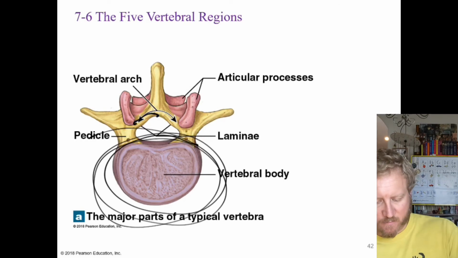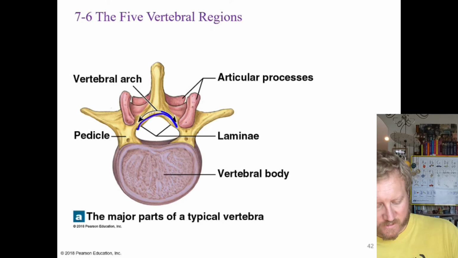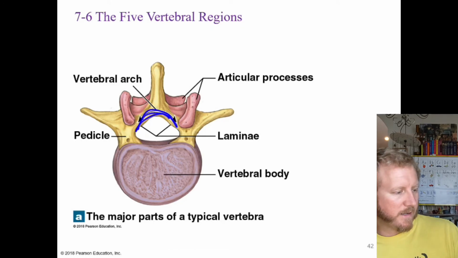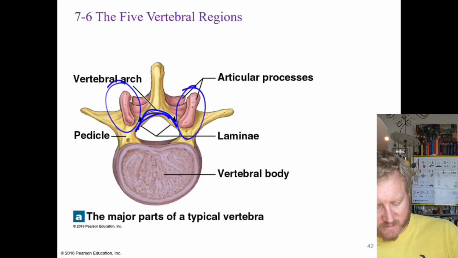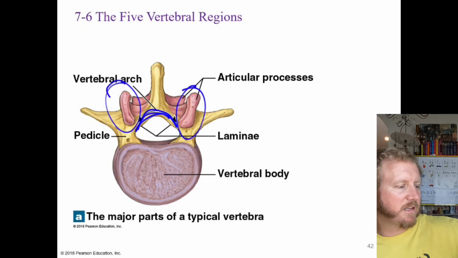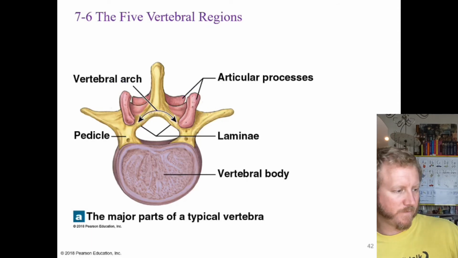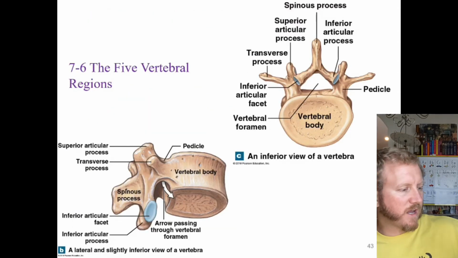You've got the vertebral arch, which is this right here. And then the articular processes, which are these structures right here. And those are points of attachment between the different vertebrae. Okay, so we've got other